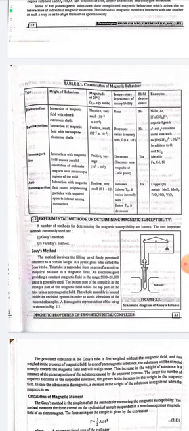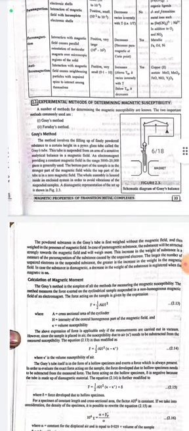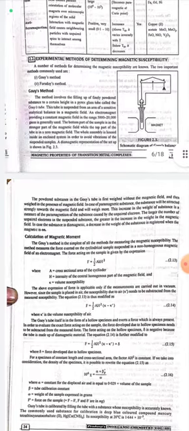This tube is suspended from an arm of a sensitive analytical balance in a magnetic field. An electromagnet providing a constant magnetic field in the range 5000 to 20,000 Gauss is generally used. The bottom part of the sample is in the stronger part of the magnetic field while the top part of the tube is in a zero magnetic field. The whole assembly is housed inside an enclosed system in order to avoid vibrations of the suspended sample. A diagrammatic representation of the setup is shown in figure 2.3.